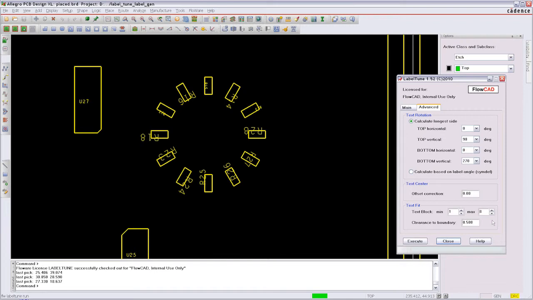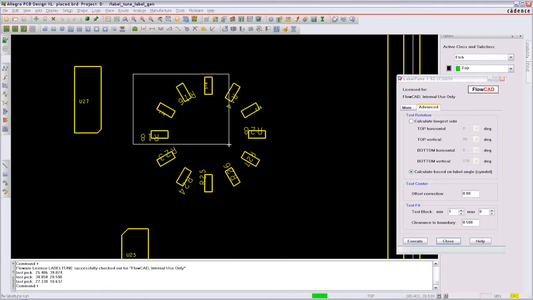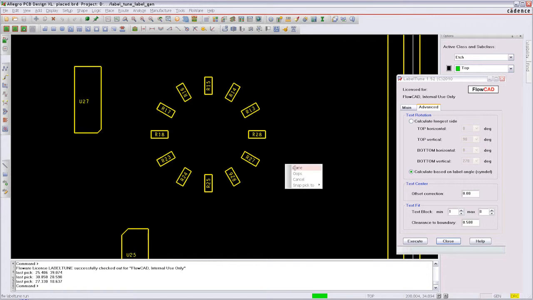With components which are not placed in a rectangular way, the readability is still required, from one side or in the horizontal way. The text rotation will be adjusted accordingly.